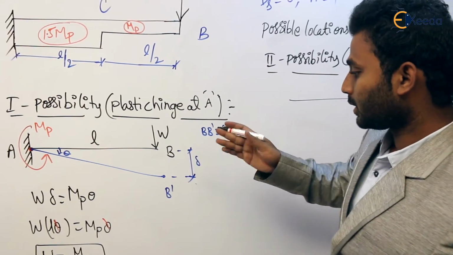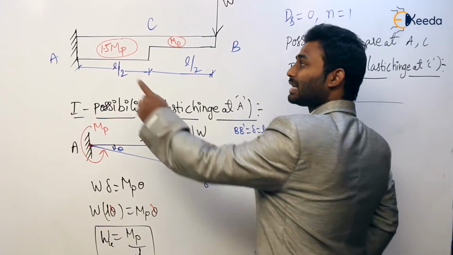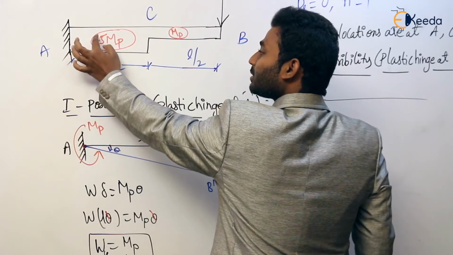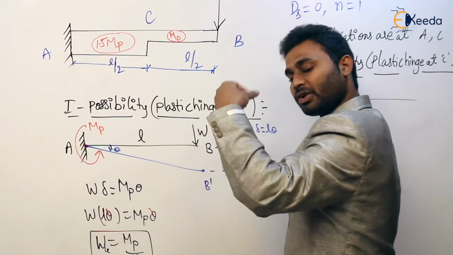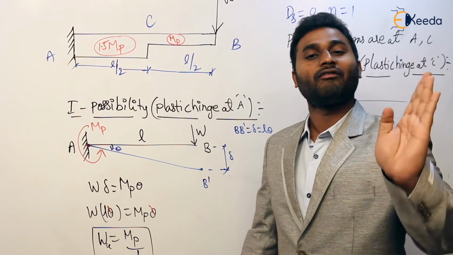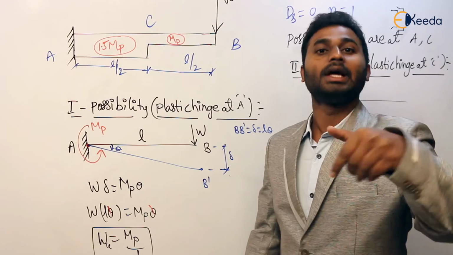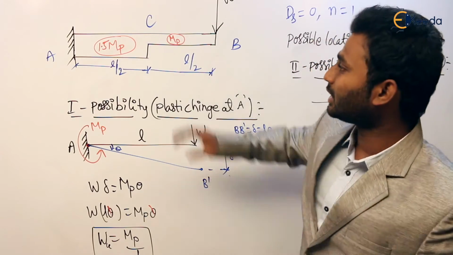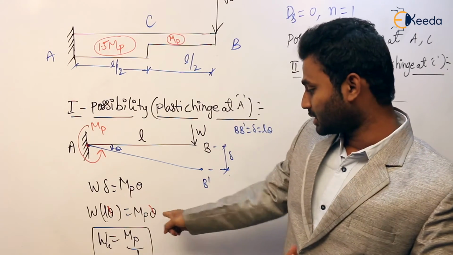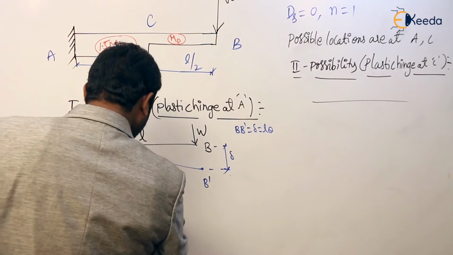Sorry, here we have made one mistake. In the given question itself, it is clearly mentioned that the span AC will have a plastic moment carrying capacity of 1.5. If you remember the plastic moment formula, MP is Fy into A by 2 into y1 plus y2. So if the cross section is more, then MP is also more. Obviously here the cross section is more, here 1.5. Here the cross section is less, MP. So in this we have to take 1.5 MP.